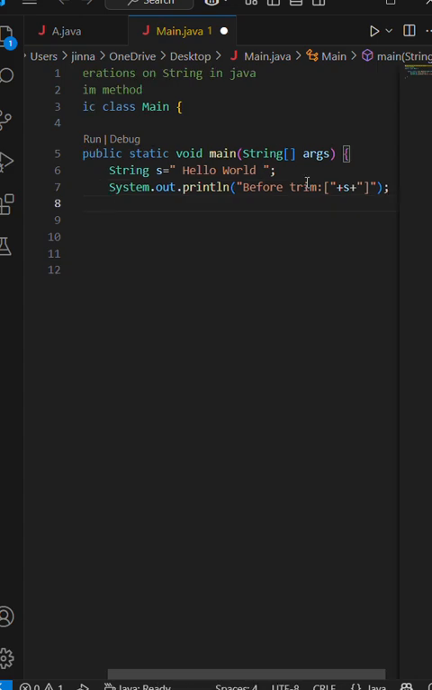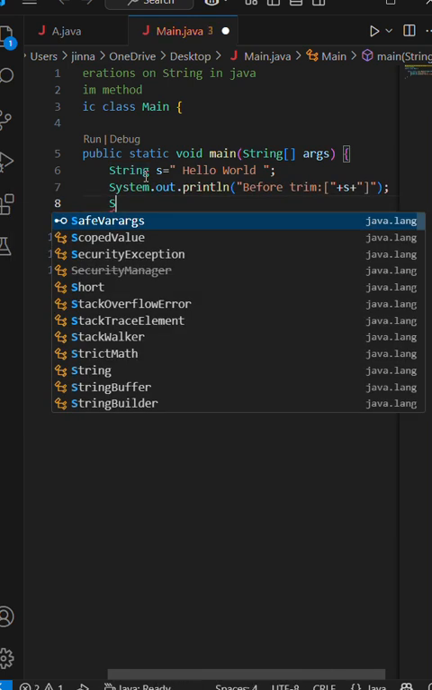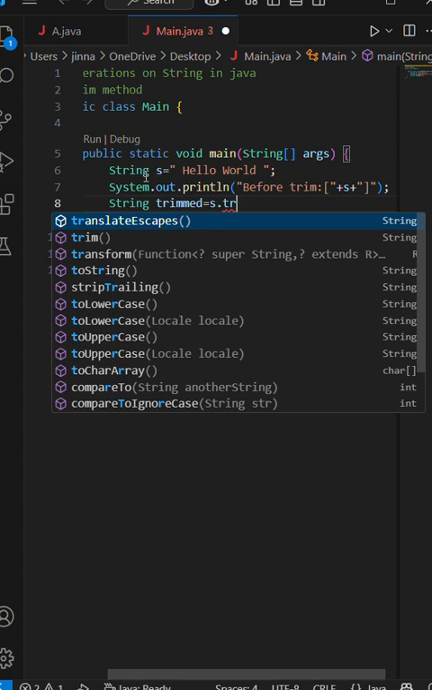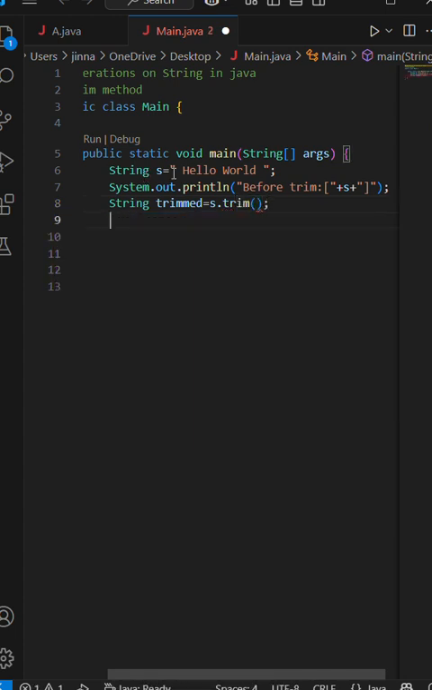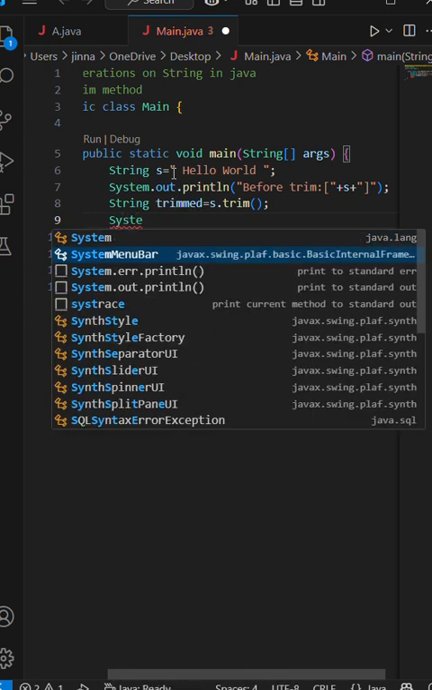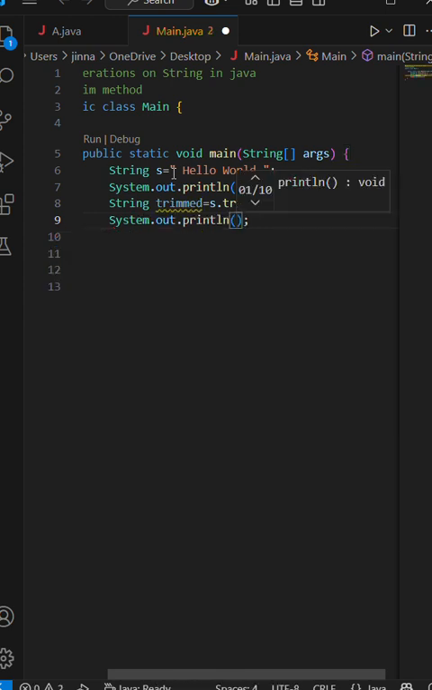Okay, let's move to the next. Now I can just type out here, string that is going to be trimmed. And how can we do that? We have the trim function. Let's simply try to use the trimmed variable and